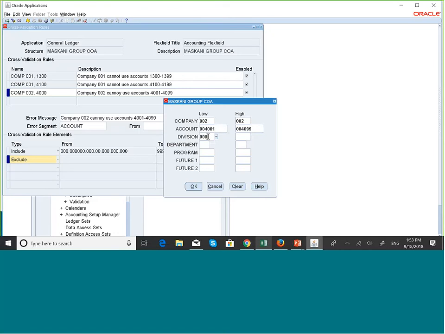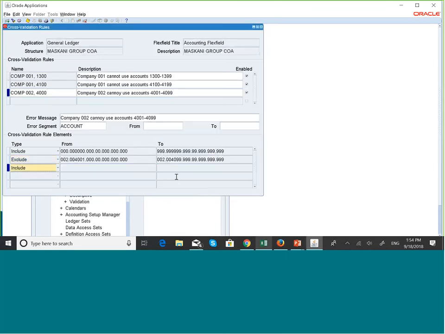So that will be 00 to 9999. So that rule should be complete. Let's save that